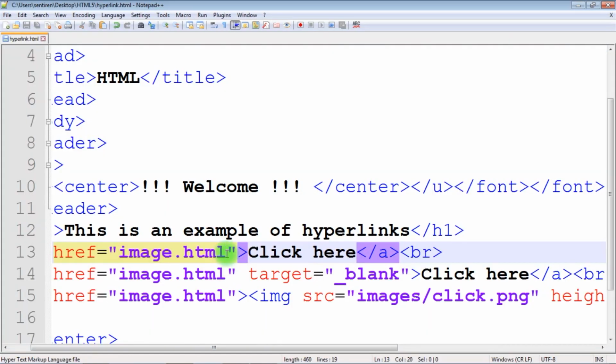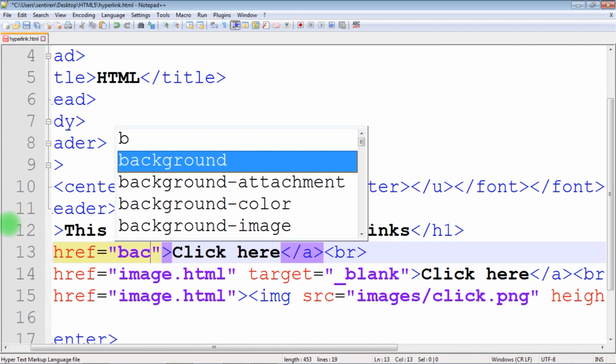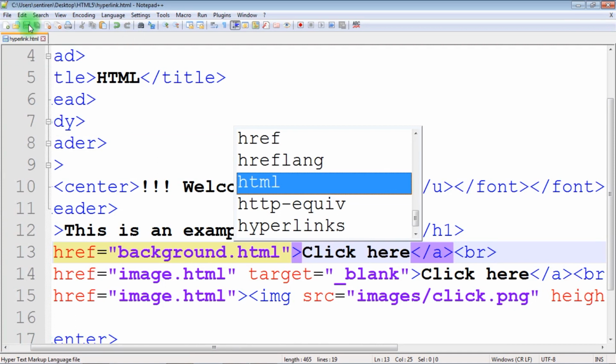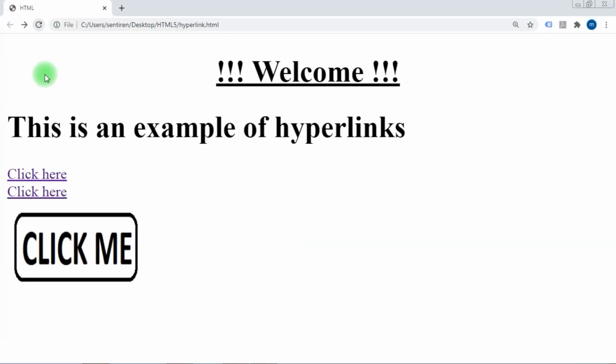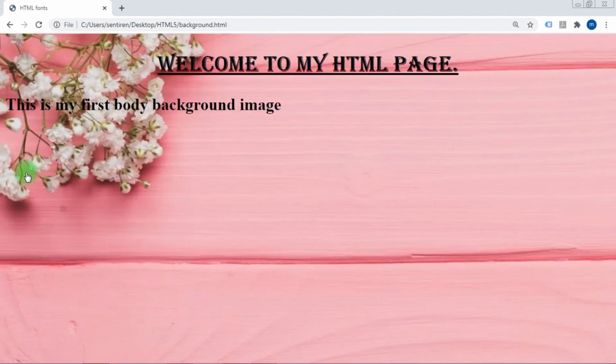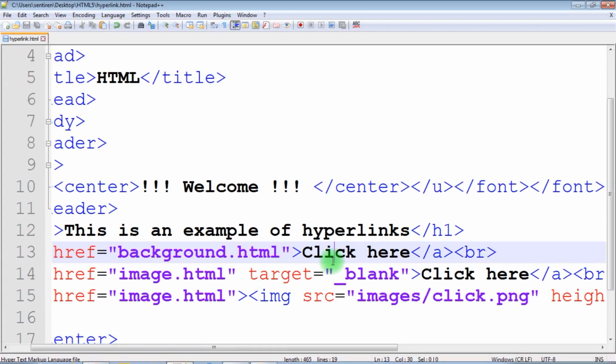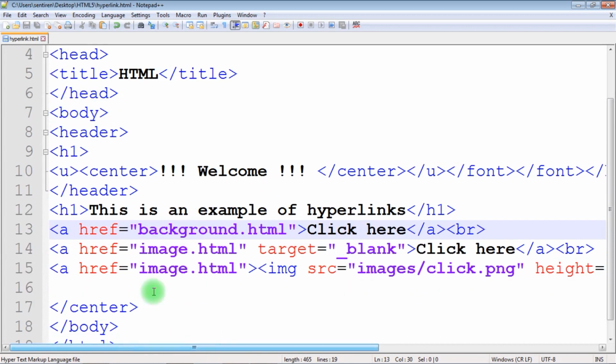So for our first link, let's give background.html. Let's save this one. Let's go back. When we click here, it should open that background.html. So it will open our background page. So that's how you interlink one page to another. Those are the different methods of hyperlinking you can use inside your HTML pages. That's all. See you in the next